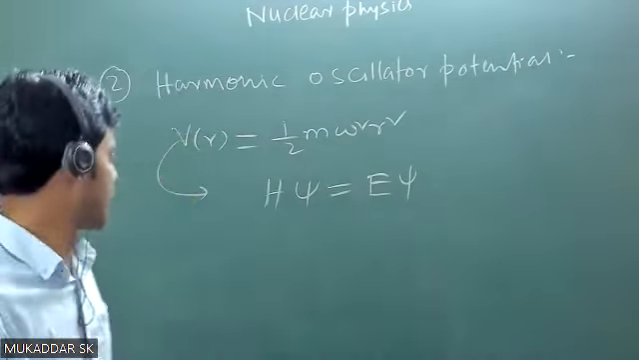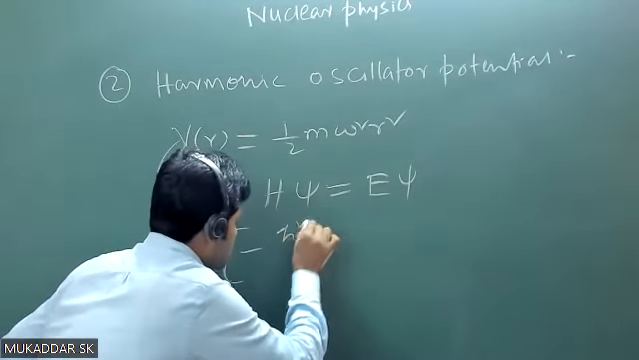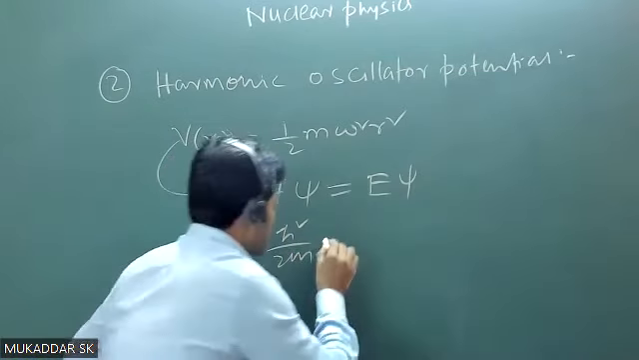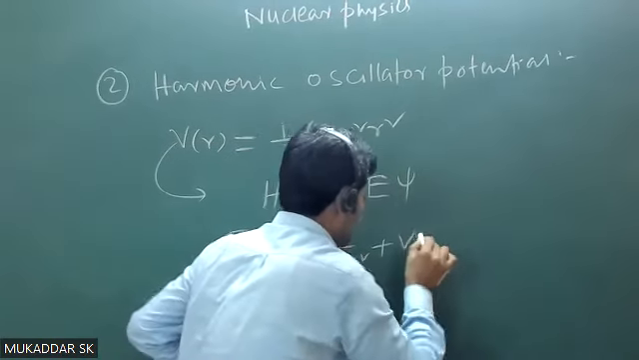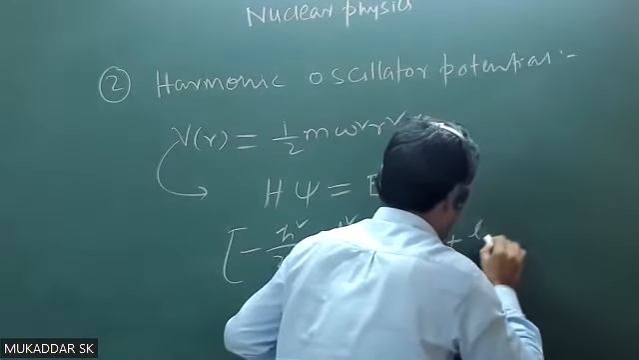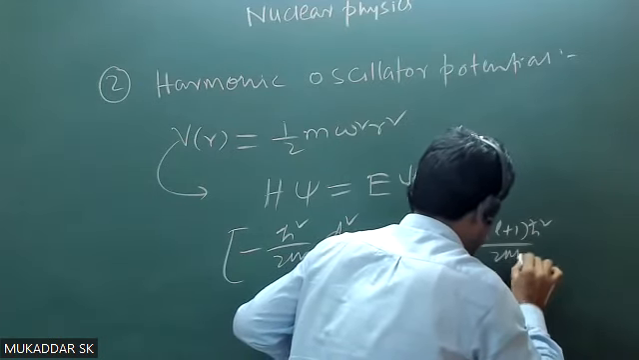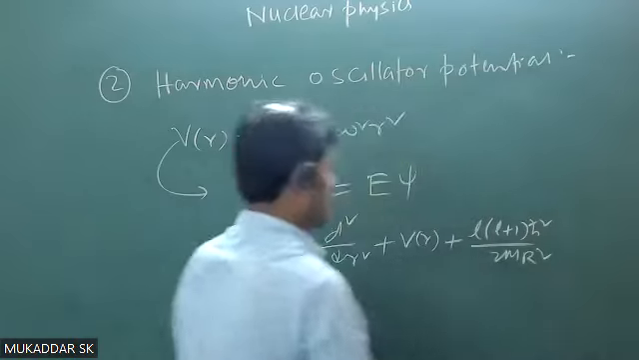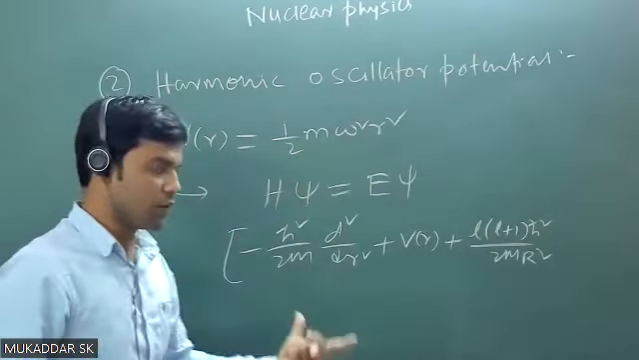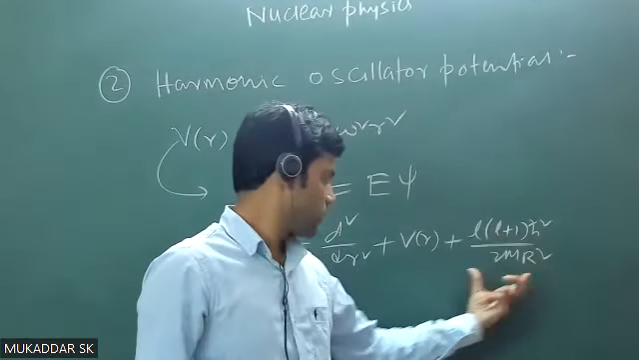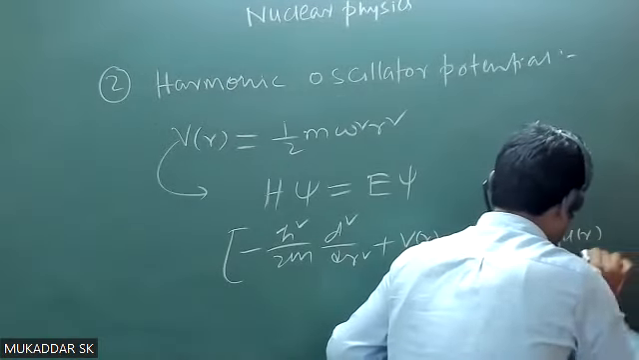So if you write the r component, it will be minus h cross square by twice m del square by dr square, then you have V of r, and then l into l plus 1 h cross square by twice m r square. This term is arising because of the centralized potential. Whenever you have a central potential, this term will appear. So this is the r component of